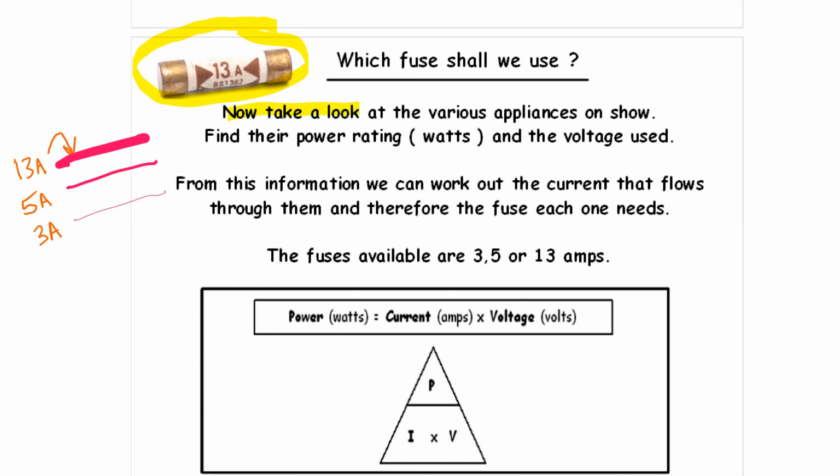We will take a look at various appliances. We will give you their power rating in watts and the voltage used, which in the UK is normally 230 volts. From this information we can work out the current that flows through each appliance and therefore what fuse each one needs. Now, as I've previously stated, the fuses available are 3, 5 or 13 amps. We will be using